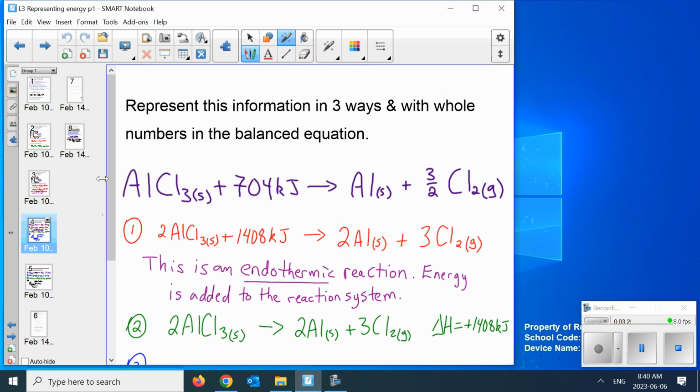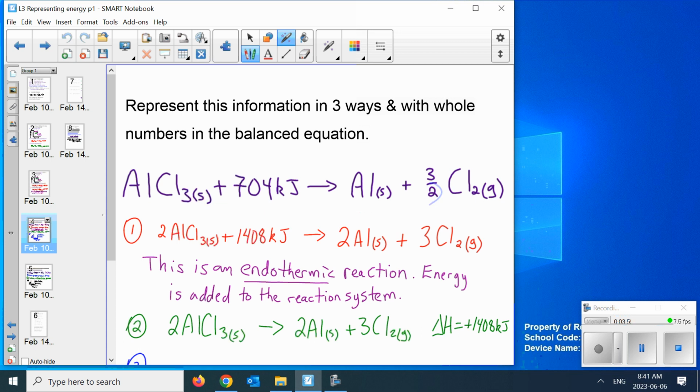Okay. So the same thing just to review, but this time an endothermic reaction. I gave you this reaction, and I said, represent the information in two ways. Whole numbers in the balance. So first thing you have to do is figure out what number we can multiply everything by to get rid of this fraction. Not a 4. Out of 2. So if you multiply everything by 2,